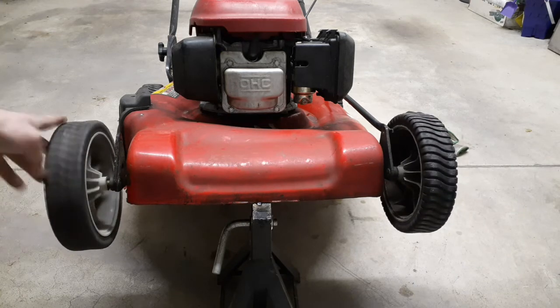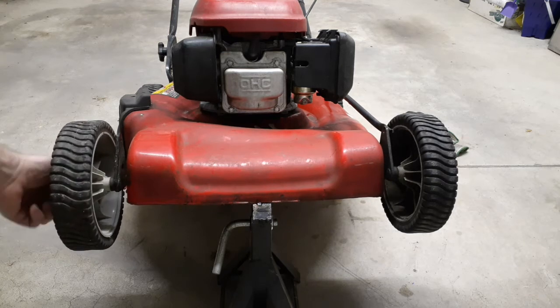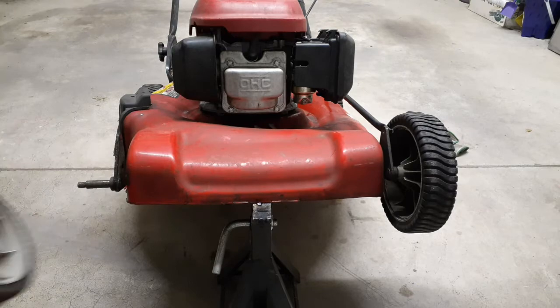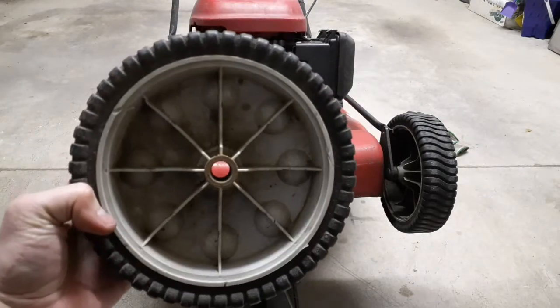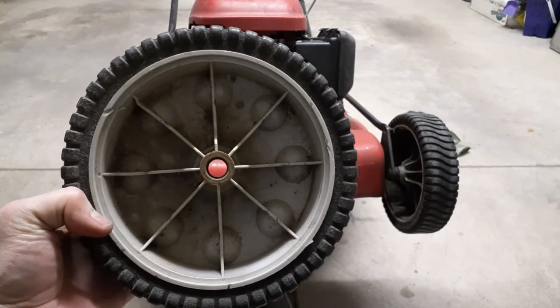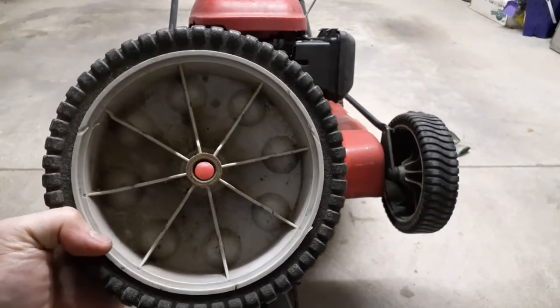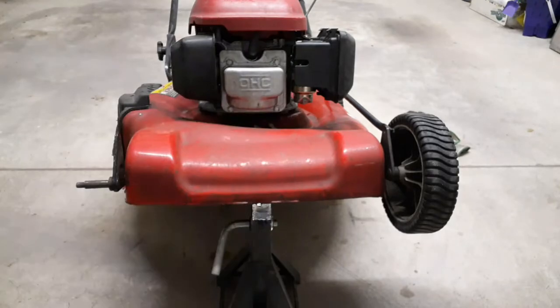So this guy over here. How can you repair this? First take the wheel off. But that hole is supposed to be 1/2 inch and it kind of oblongs out. Some guys have shown making this repair with a little piece of pipe or something and pounding it in there, but actually